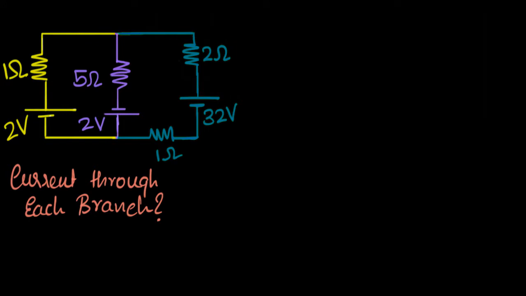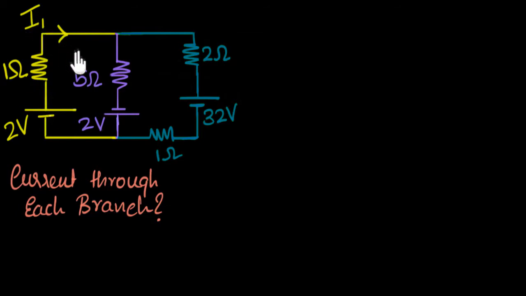All right, where do I start? Well, since I want to calculate the current, we can start by assuming some current in each of these branches. So let's say in this branch, yellow branch over here, the current is moving to the right. Let me call that value I1. And I've colored this over here just to indicate that the current through this entire branch will be the same. So over here will be I1, here will be I1, here will be I1,